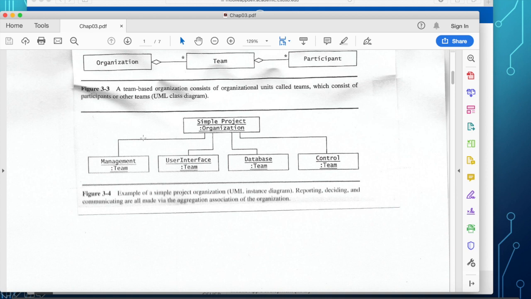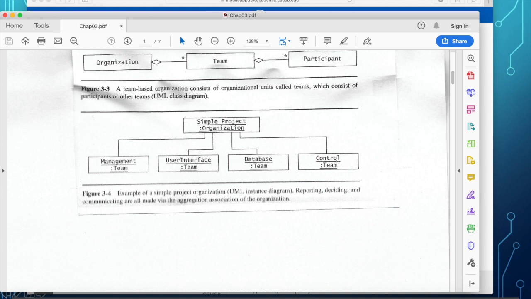So that could be a team whose responsibility is management. So they plan, they design probably, and the different parts of the project is divided into the user interface, the database team, and the control team.